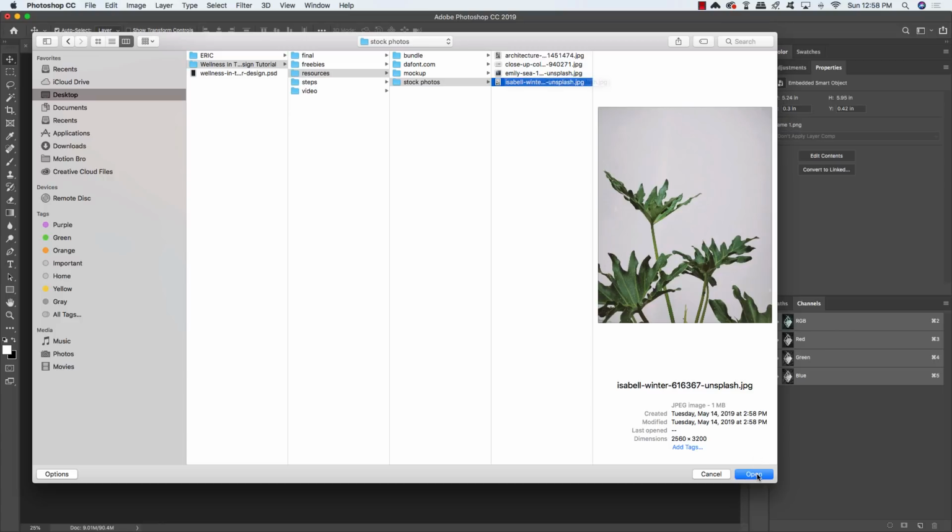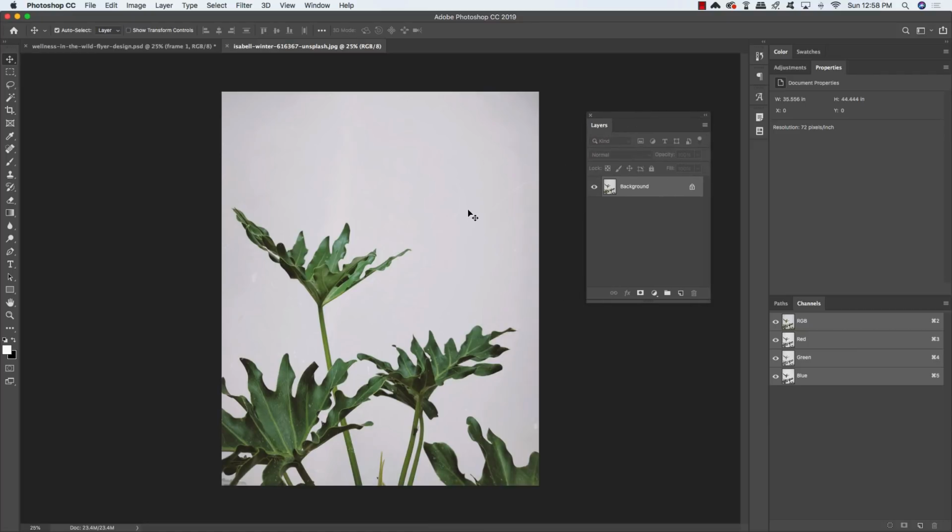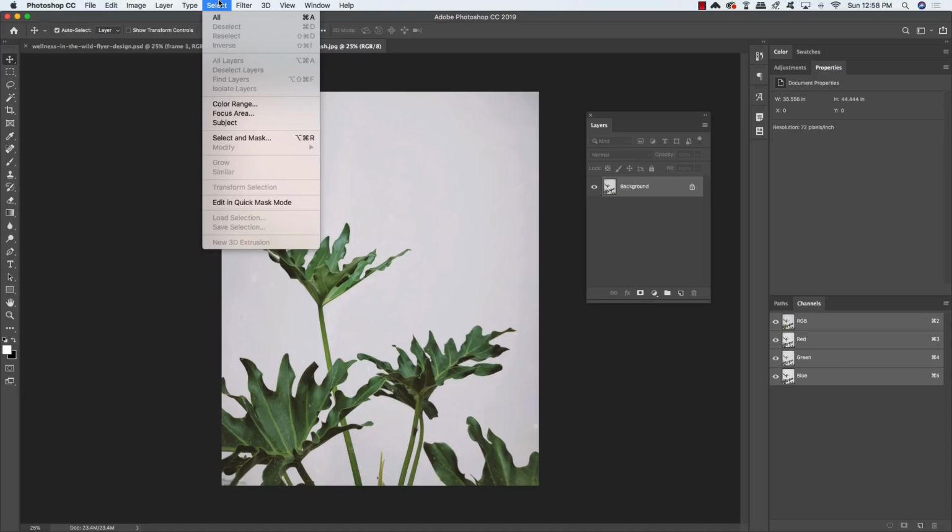Alright, so we're just going to choose Open here to open our plant. And the nice thing about this image is that there is a good amount of contrast between the plant itself and the background. However, there's a lot of these smaller shapes in here in between some of the areas of the plant that would be a little bit tedious and time-consuming to isolate with either the brush or the pen tool. So what we're going to do instead is use a technique that I like to use, which involves the